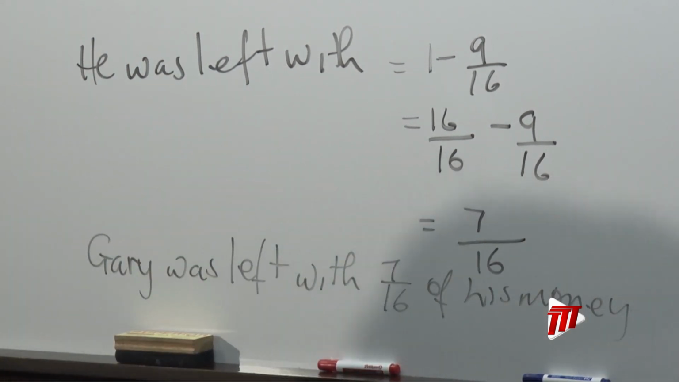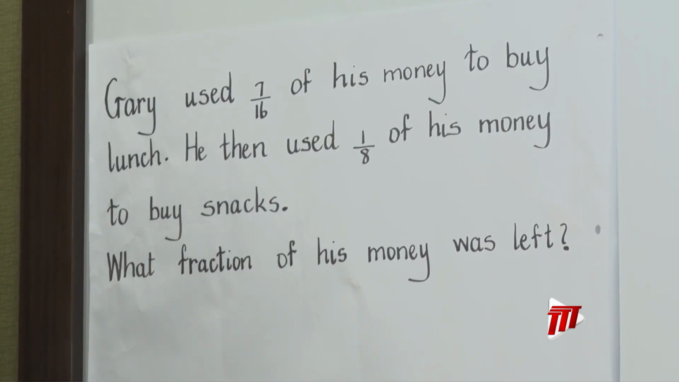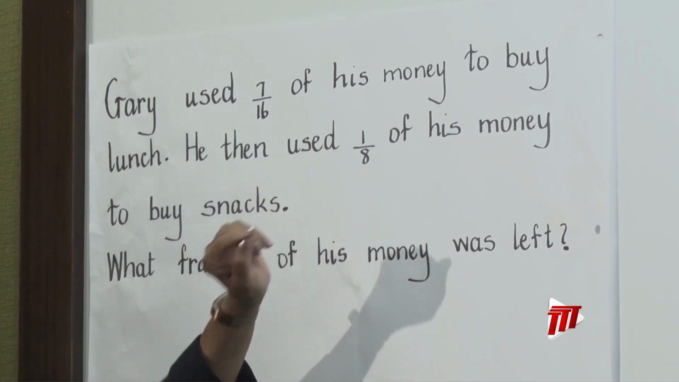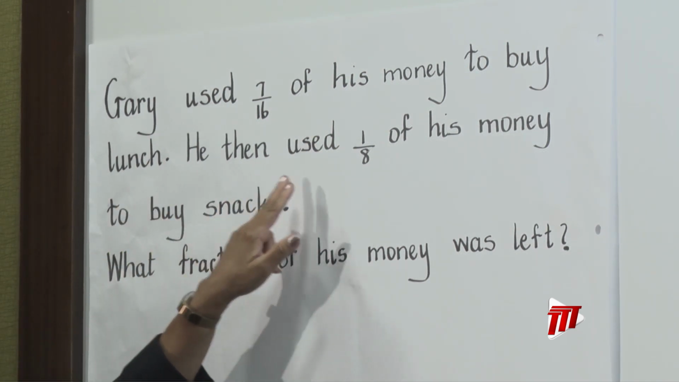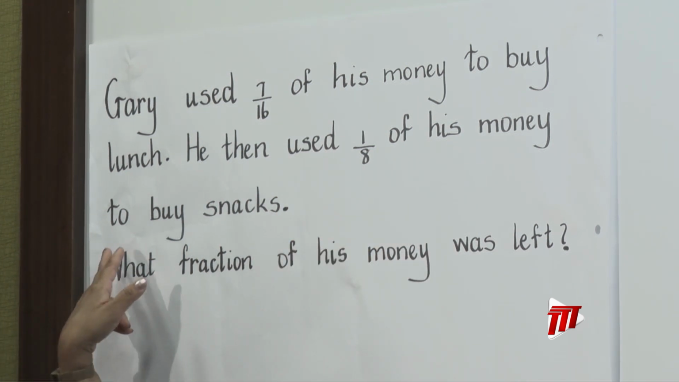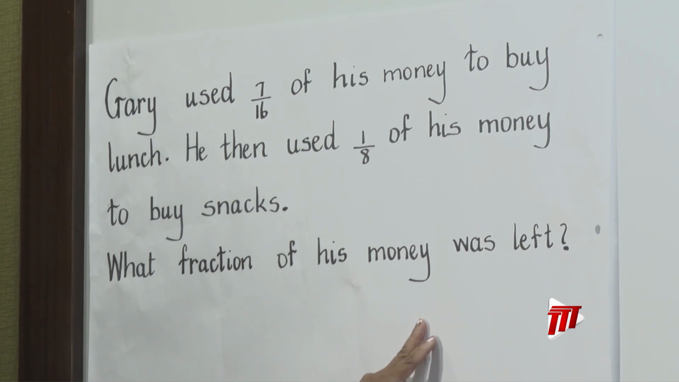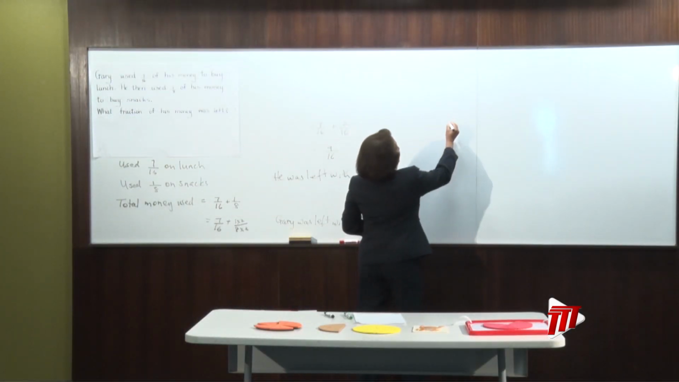So that is one way we can work the question. We are going to use a second method to solve the same question. So I will read back the question so you understand what we are doing. Gary used 7/16 of his money to buy lunch. He then used 1/8 of his money to buy snacks. What fraction of his money was left? So our method 2 involves